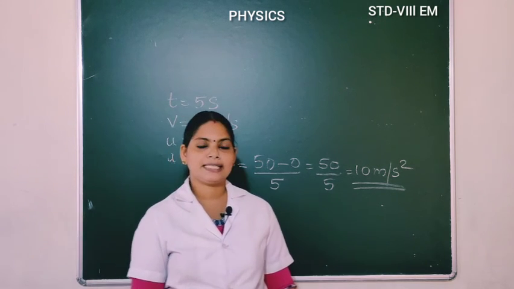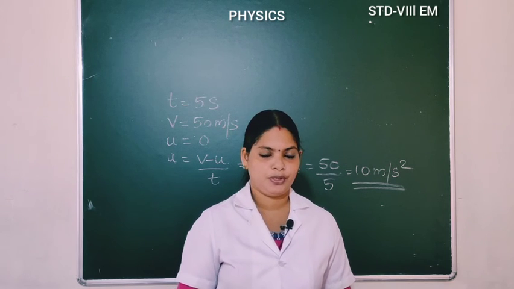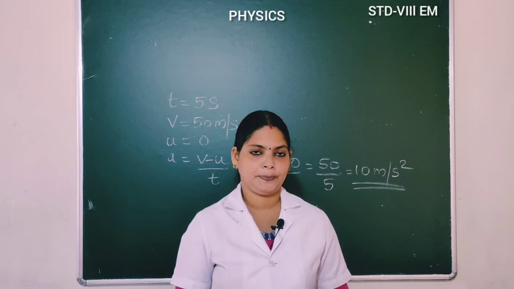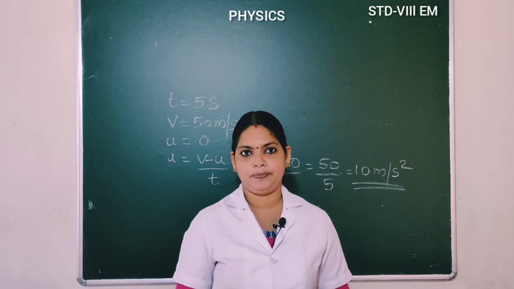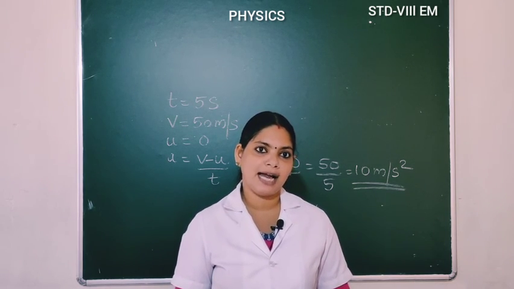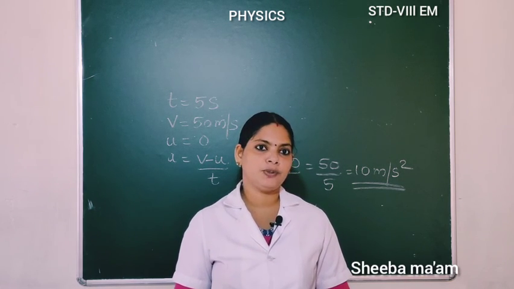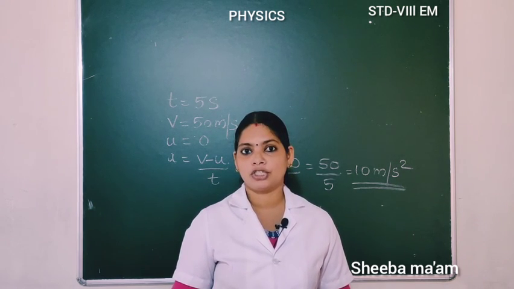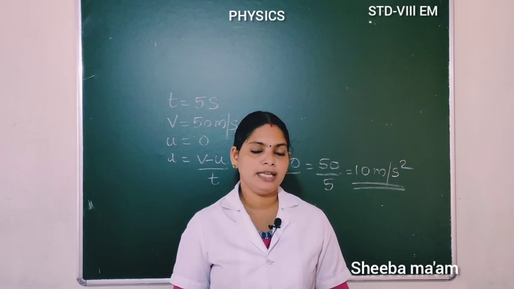So today's class, what did we discuss? We discussed about acceleration. So what is acceleration? It is the change in velocity by time. Its unit is meter per second square. It is a vector quantity. So there is negative acceleration. It is also called retardation. Then we discussed some examples for positive and negative accelerations. Next, we saw the precautions that should be taken for the pedestrians while walking on the road.